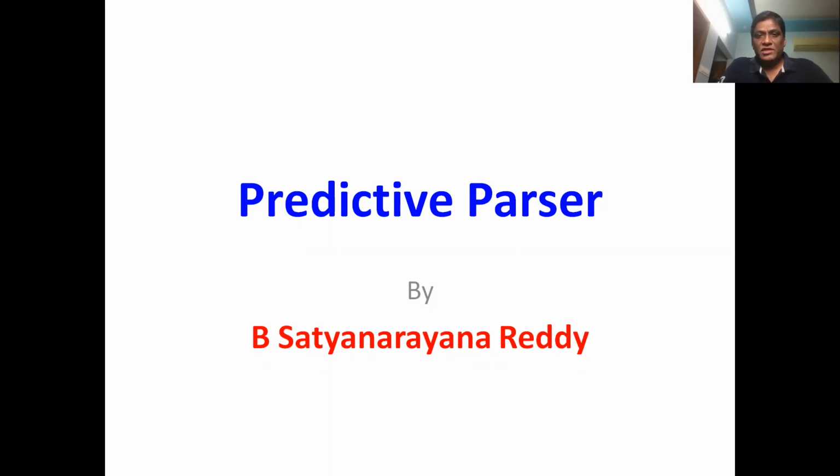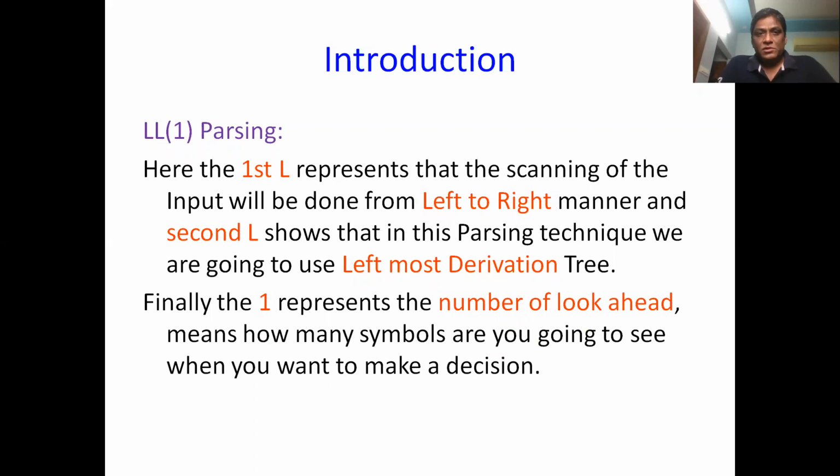So in our previous class, we have seen different types of parsers, and also we discussed one category of parsers, how it works, which is the backtracking parser. Today, we'll discuss another important type of parser under top-down parsing, which is the predictive parser. Predictive parser is also called an LL(1) parser, we all know, and it is also named recursive descent parsing without backtracking, and sometimes it is also called a dynamic parser.